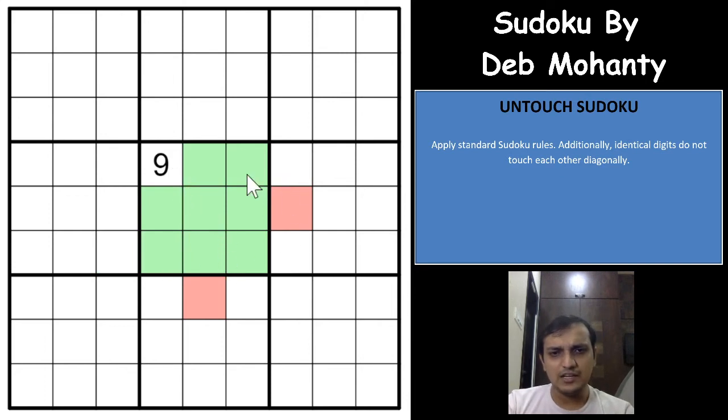So except the 9 here, even in the case we saw earlier, you can have a 9 if the 9 is given in the middle cell. So whatever number you have in the middle, those two cells can have that number, but apart from that number, none of the other numbers can be repeated in those two cells. And even in this case, these two digits can be 9 but cannot be anything apart from 9, right? Because if you have these two digits as the same digit apart from 9, you won't have that number to be placed in this box, because of the untouched property.